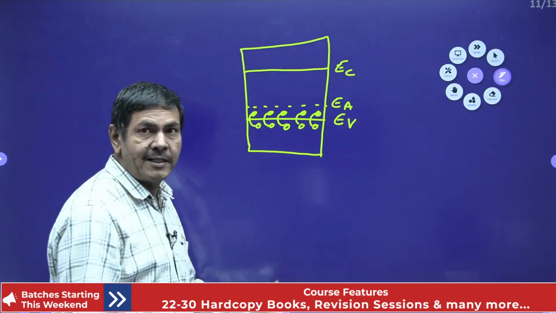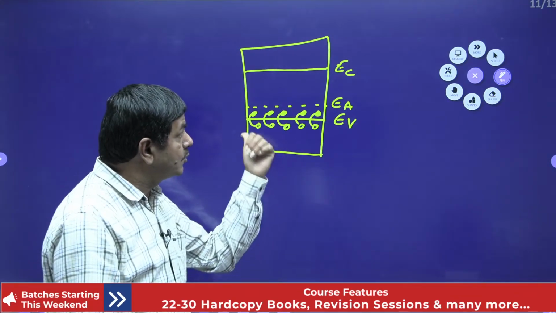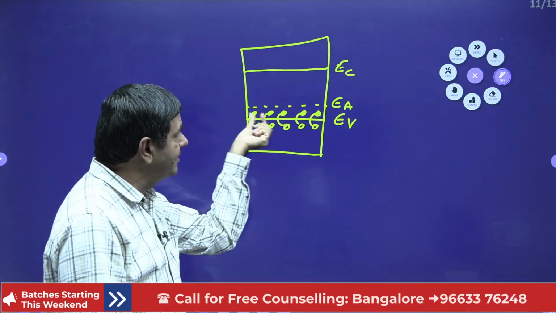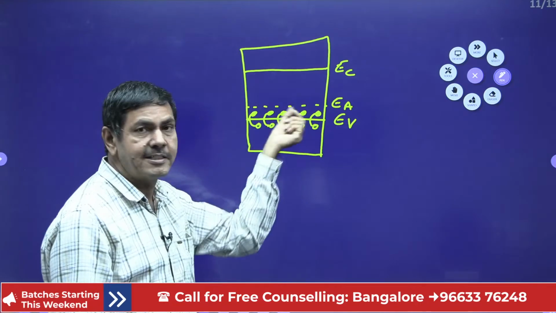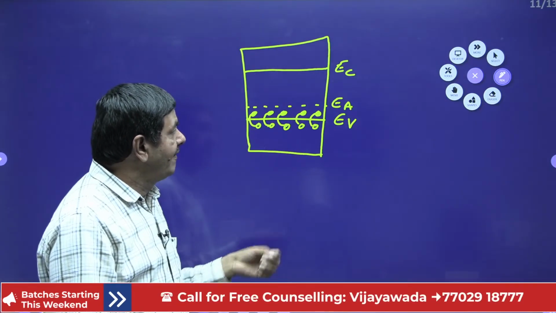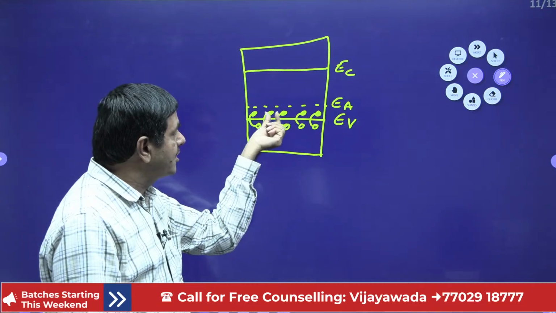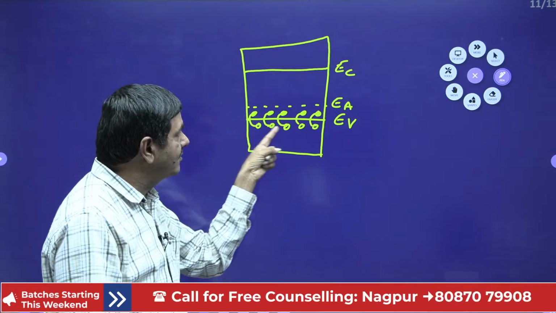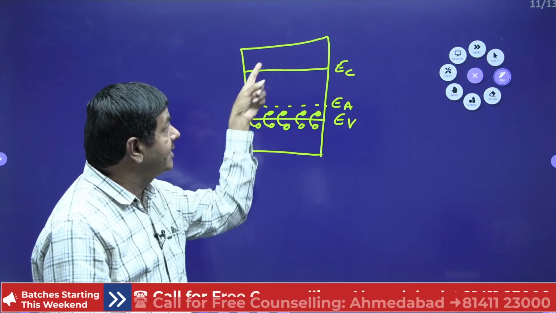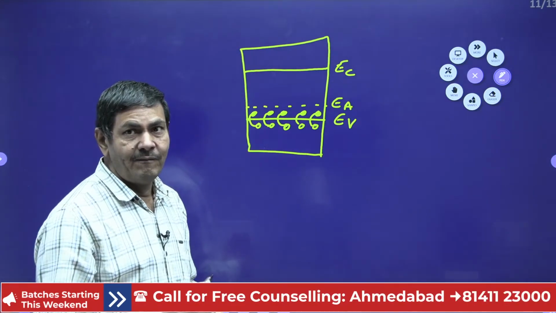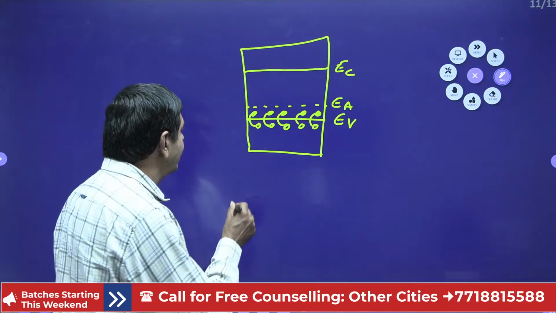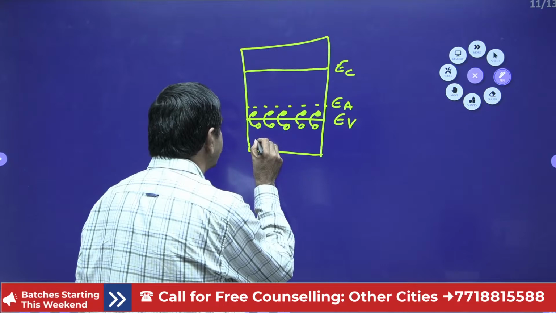A certain number of electrons from the valence band will try to go to this energy level in the forbidden energy gap, and they are going to occupy these holes only now. When the electrons occupy these holes, holes are thereby created in the valence band. But we don't find any holes in the conduction band. Whenever still more energy is applied, the electrons which are existing here will go